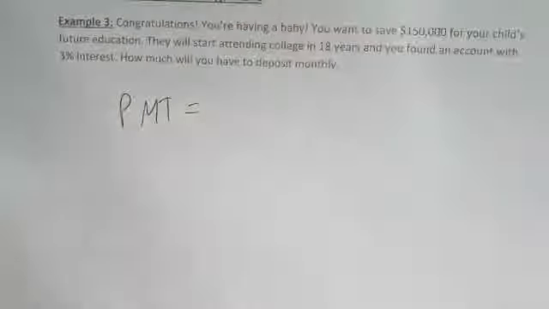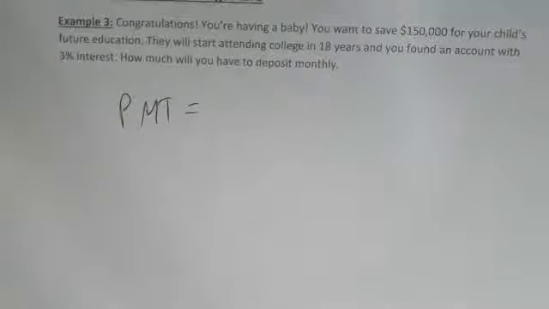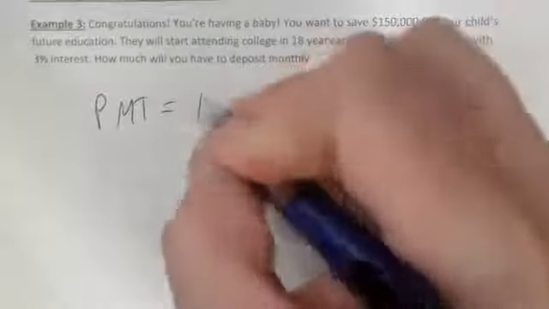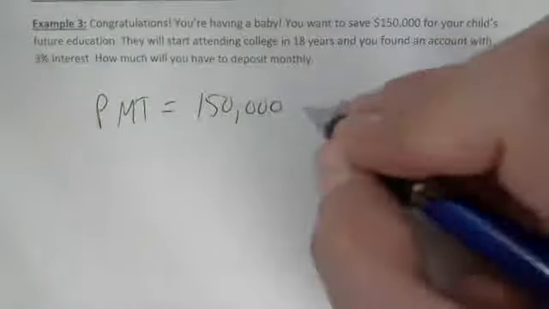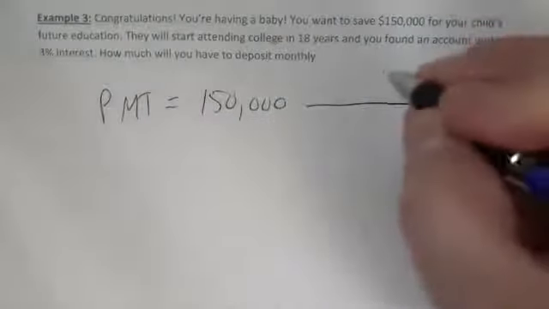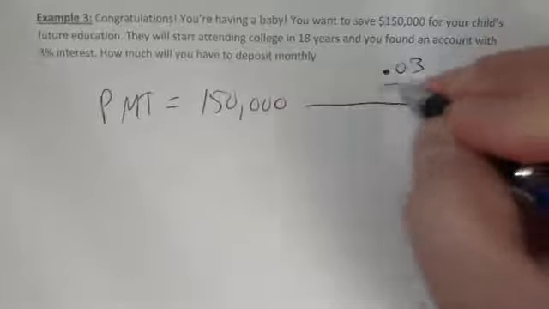So if you want to go plug it into that first formula, you can, but we have a formula to solve straight for the payment. So let's use it at the bottom of your page. Payment equals the accumulated amount. So the accumulated amount we want here is the 150K. So 150K, and we're going to multiply this by my APR over N, which is the 0.03 over N, which is the